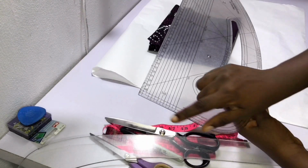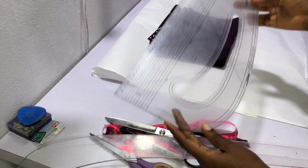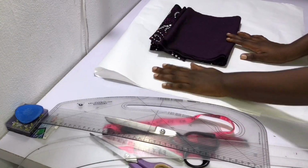You need your pattern master, which is my favorite tool. You all know that because it functions as a ruler, an armhole curve, and a set square. However, if you don't have one, you can definitely use a ruler,